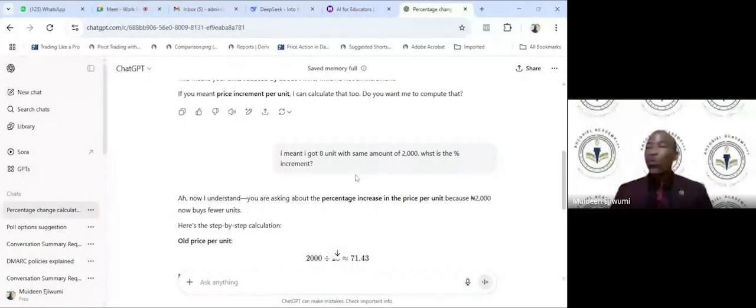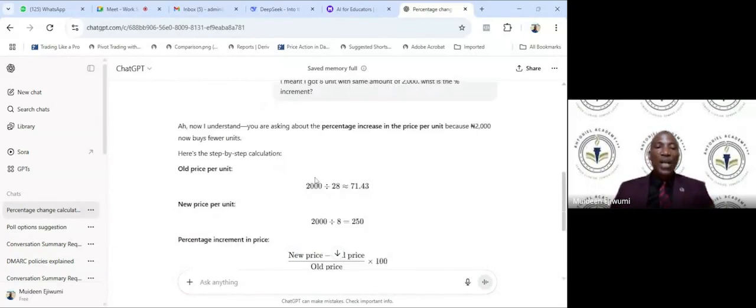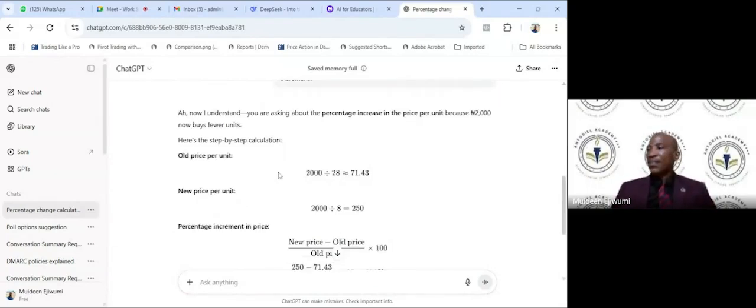If you look at the top now, you can see "save memory." So there are a lot of things going on as you are typing; ChatGPT is keeping memory of the activity that is going on. This is just an example of what you can do with AI. At this point, is there any question, anything we want to clarify before we proceed?